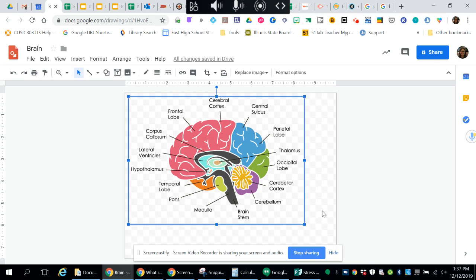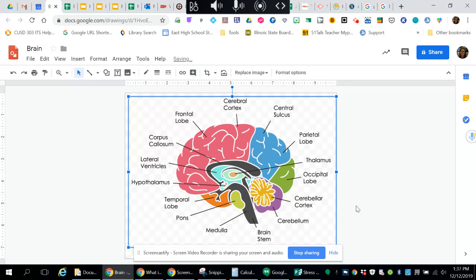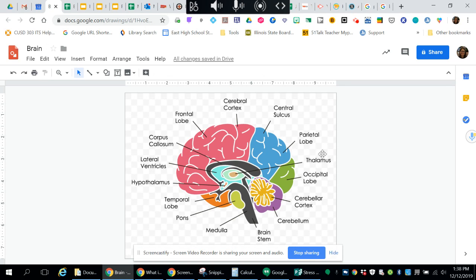And it puts it right there for me. I'm going to expand it so it takes up most of our space. Now, the first thing I need to do is go around and cover up all of our